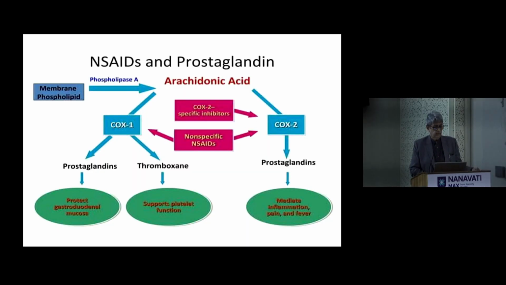This is a slide which is very important. Membrane phospholipid, phospholipase, arachidonic acid. Arachidonic acid is acted upon by COX1, which is constitutively present in all the organs. So it produces prostaglandins, which protect the gastric mucosa, and thromboxane A2, which is a platelet aggregator. And then we have COX2, that is produced at the time of inflammation. It is not there normally. It will act on the arachidonic acid and produce prostaglandins, which will mediate